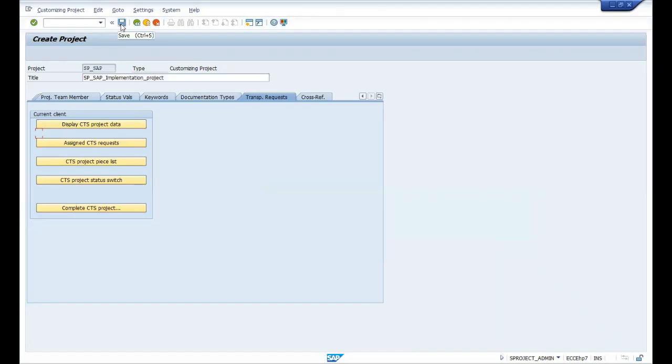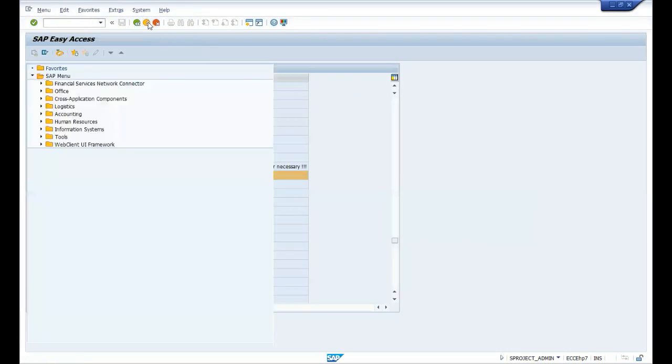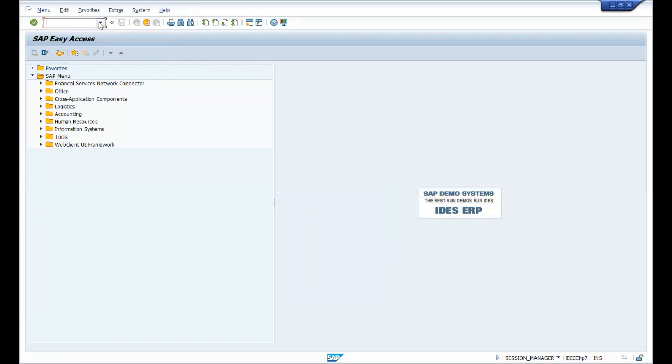Now, if you want to see whether this particular project is reflecting in our transport system or not, for that you can go to the extended view of the transport request, which is your SE01. Exit the screen, or open a new screen, and go to SE01.